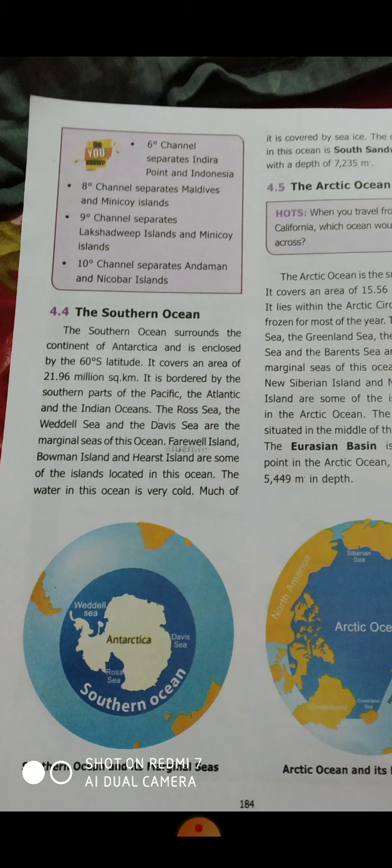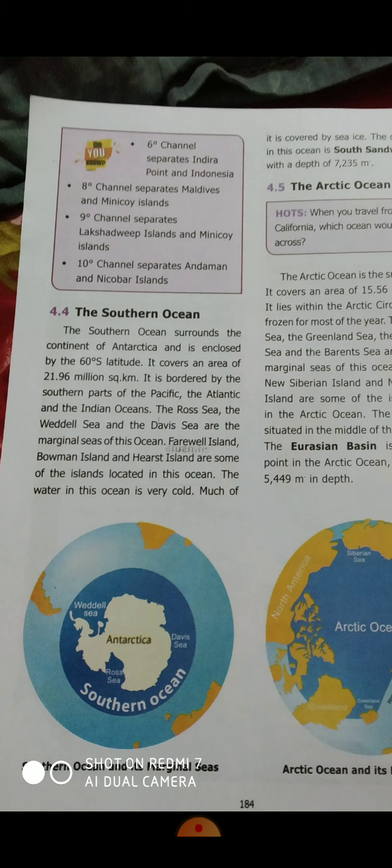The Ross Sea, the Weddell Sea, and the Davis Sea are the marginal seas of the ocean. Farewell Island, Bowman Island, and Hurst Island are some of the islands located in this ocean. The water in this ocean is very cold.